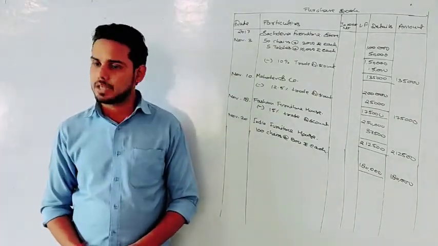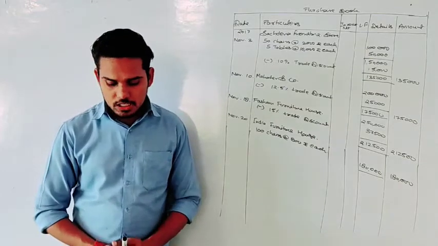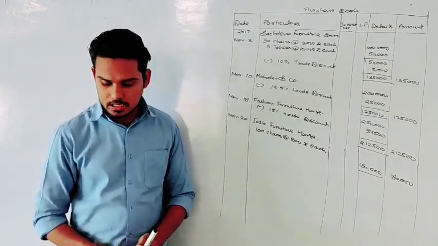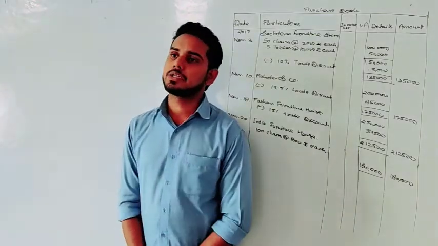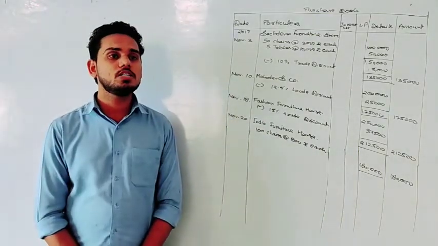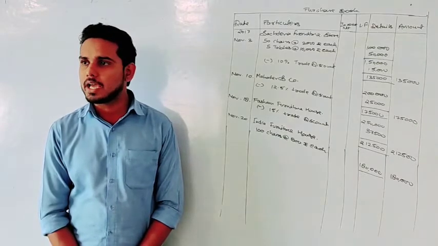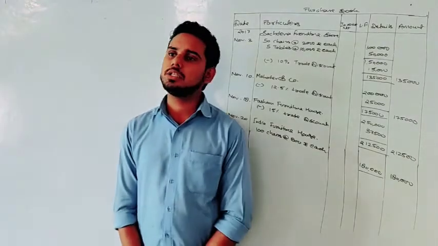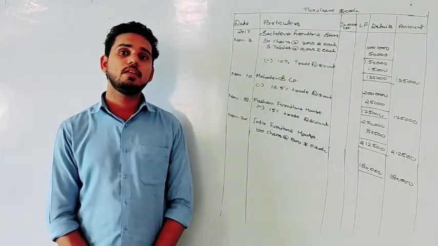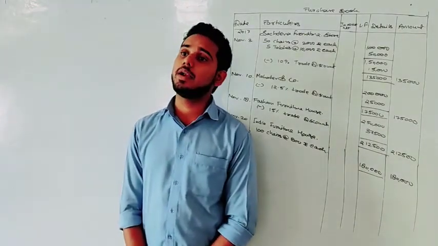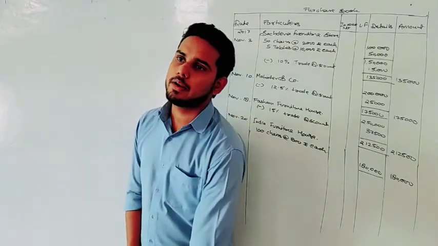Again we are making some transaction, and that is purchase from Mohanlal and Sons furniture of the value of 20,000 for cash. No doubt we are purchasing goods, but we are purchasing for cash. So that is a cash transaction, and a cash transaction will not be recorded here. So where will that be recorded? That will be recorded in journal proper, right?